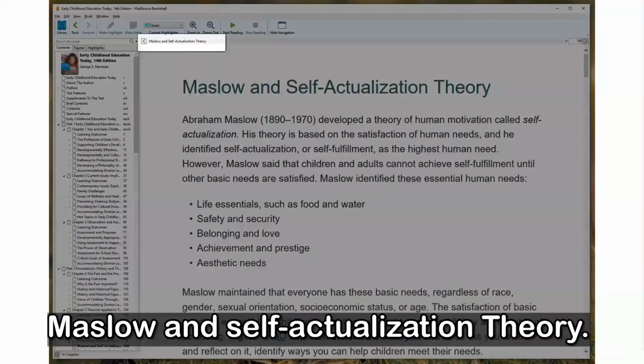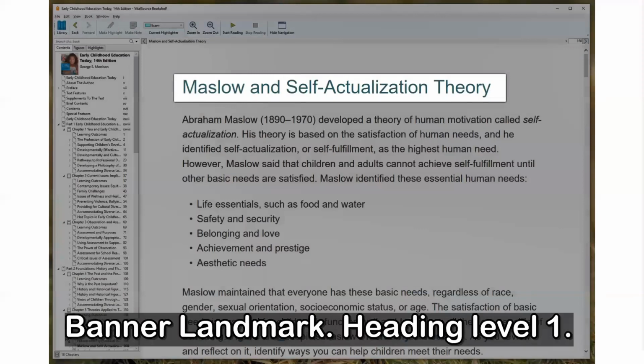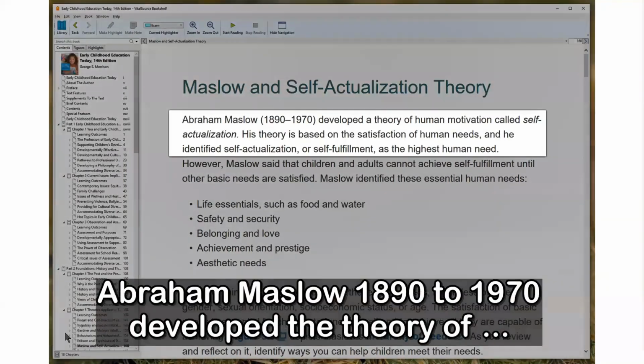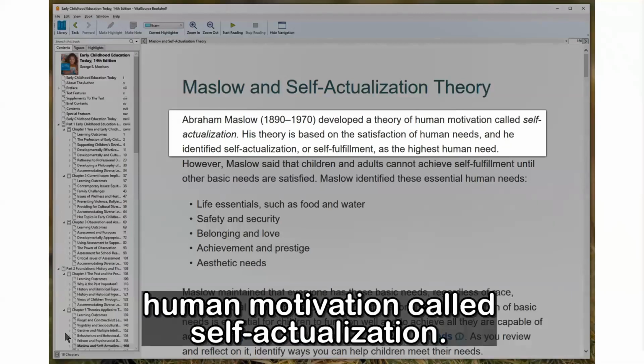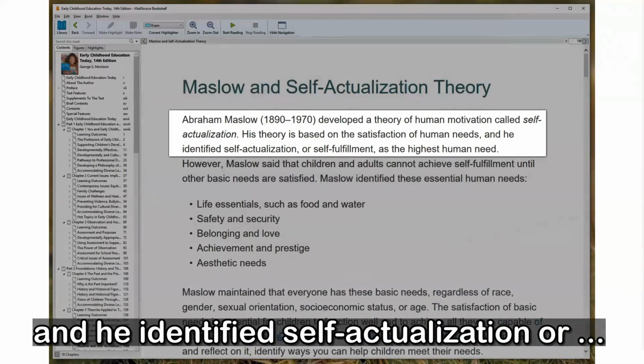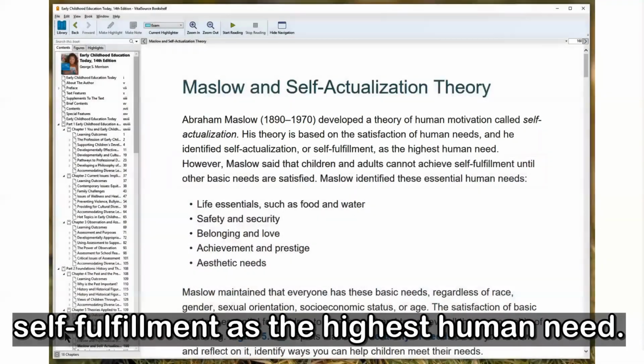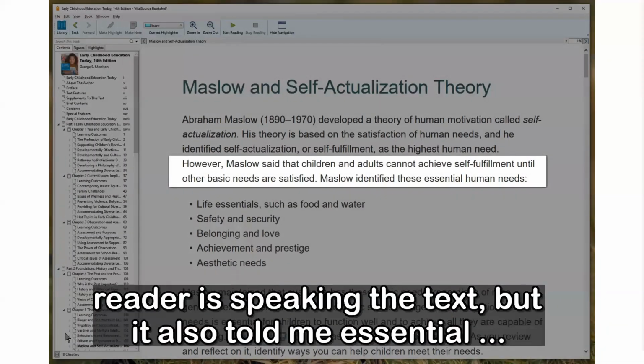Page edit. Maslow and Self-Actualization Theory. Banner landmark heading Level 1 Maslow and Self-Actualization Theory. Abraham Maslow, 1890 to 1970, developed a theory of human motivation called self-actualization. His theory is based on the satisfaction of human needs, and he identified self-actualization, or self-fulfillment, as the highest human need. As expected, the screen reader is speaking the text, but it also told me essential information such as the